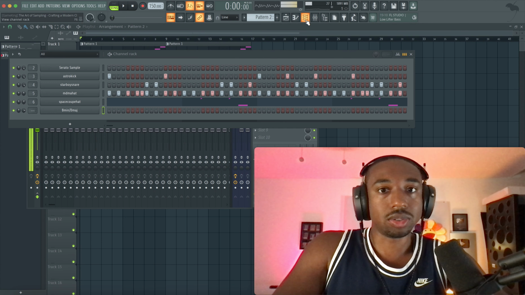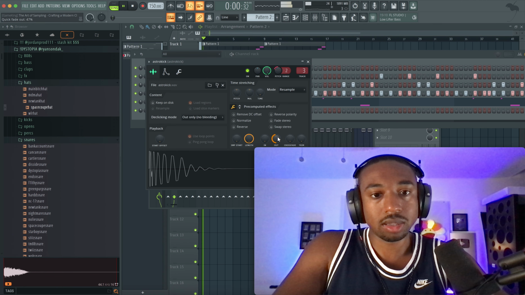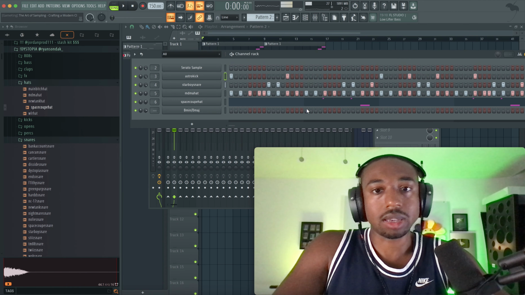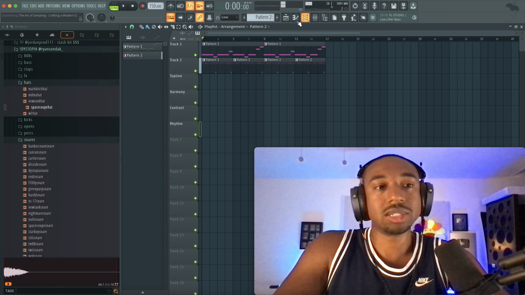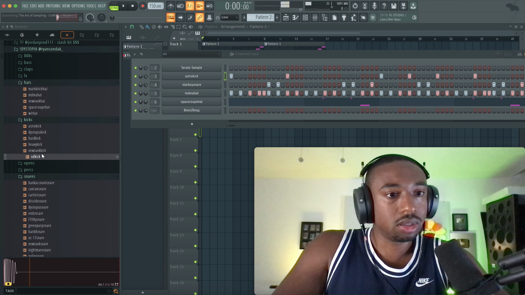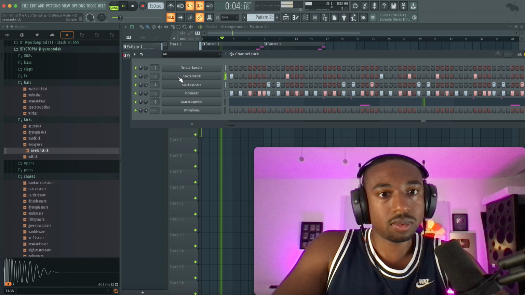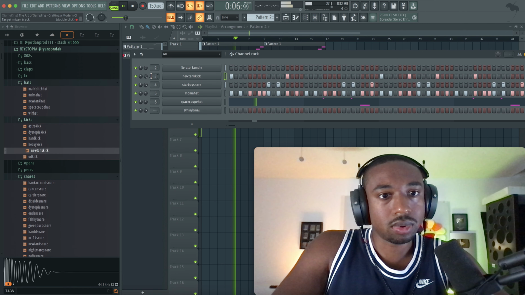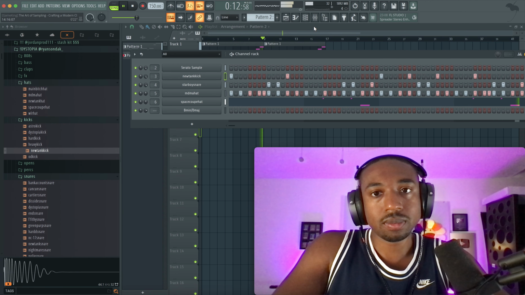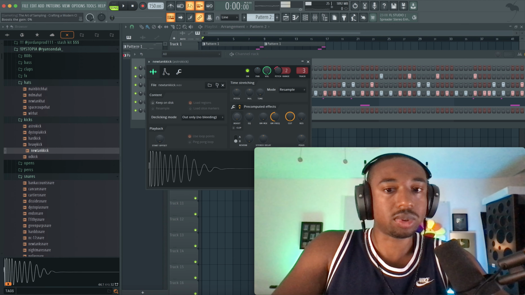I might change the kick. The kick's a little too boomy, like it's too long of a kick. Actually, before we do that, let's fade out the kick. I might swap that kick out towards the end of this beat, but it's just too boxy sounding because they distorted the kick. It's a little bit better, but I might swap it. Remember, we could push our sounds because we have gold clip.